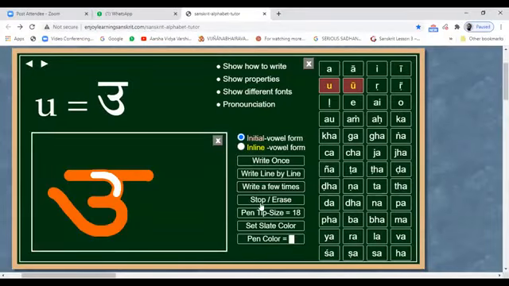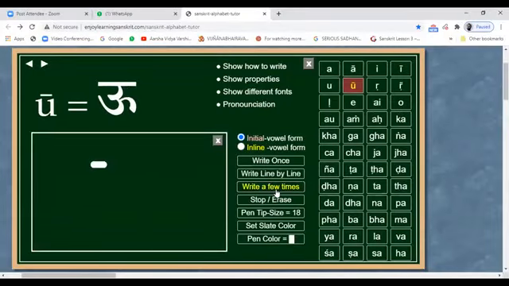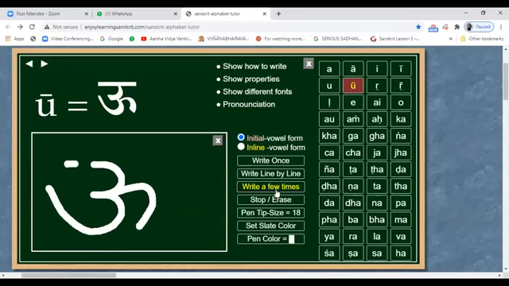You can see how to write this oo. First you write oo, then one more stroke to the right. That becomes oo. This is not om. Don't confuse it with om. In fact, om is a symbol. It is not a letter really. Om is a combination of